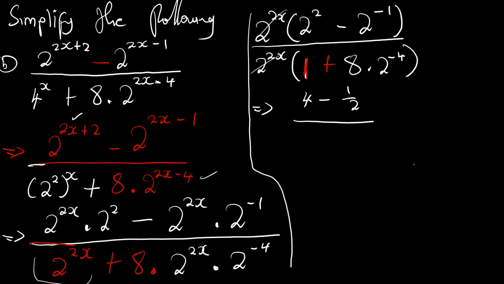Again we'll be having 1 plus 8 multiplied by 2 to the exponent of negative 4. We're going to get 1 over 16. So let's simplify this. 4 minus 1 over 2, I believe we're going to get 7 over 2, divided by